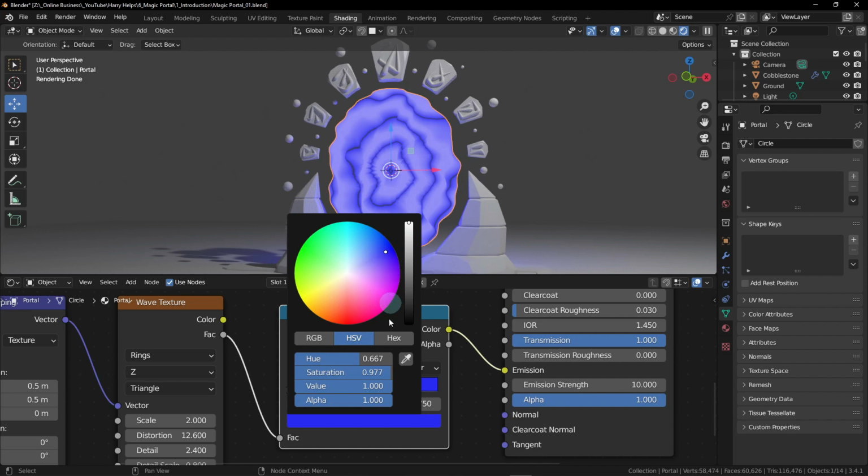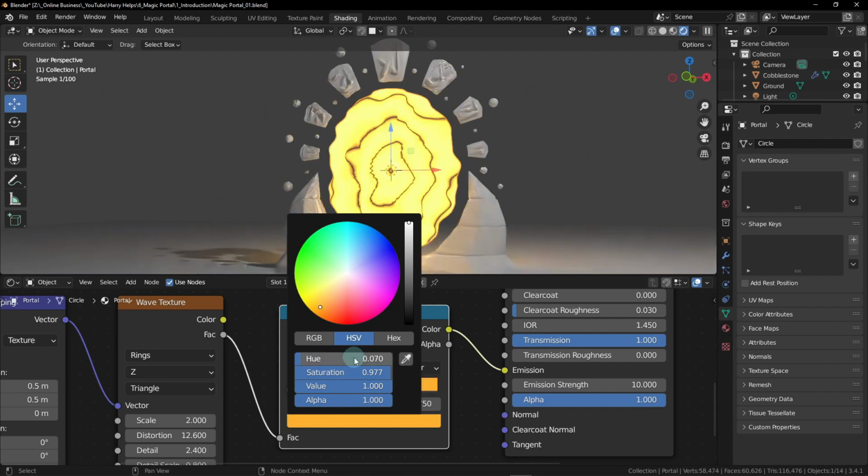For the sake of the tutorial, I'm going to give you the exact numbers that we'll be using for it. Feel free to deviate from them if you'd like to, and if you want to make your portal a little bit more unique, but if you want to just follow along exactly with me on the tutorial, these are the numbers I'll be using, and we're just going to be typing them in down here so we get the exact color. So for the hue, which determines the color, we're going to set